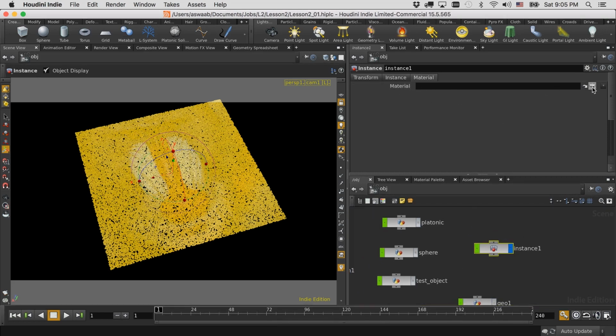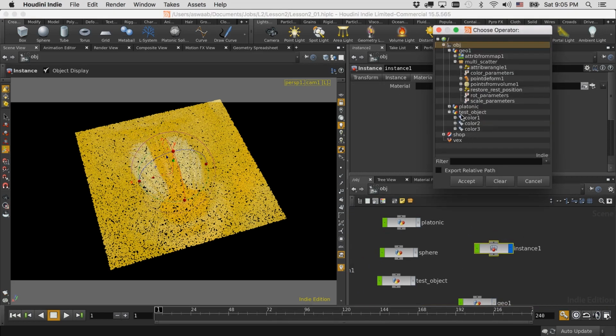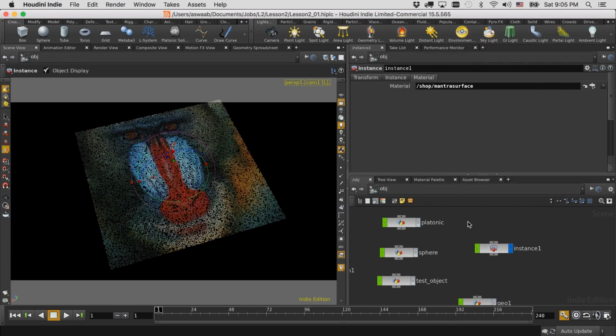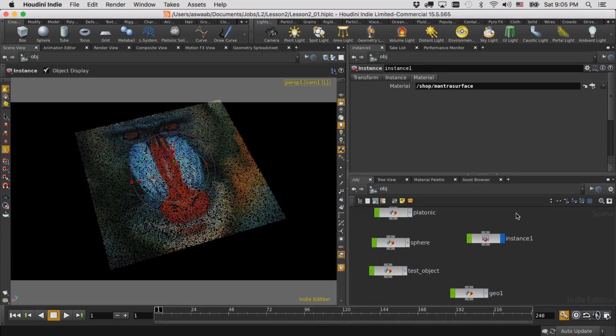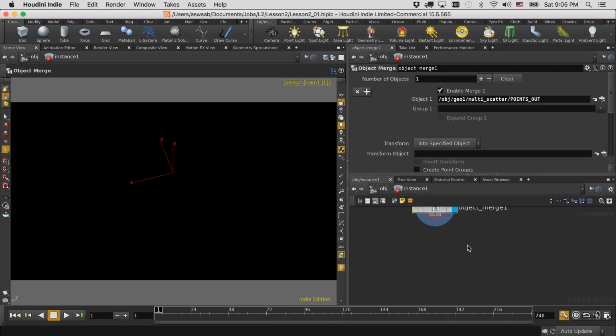I am just going to select that material. And we'll see if it works this way or if I need to apply the materials here instead. We'll find out in a quick second. Oh, you know what? Actually, we don't need to do it this way at all. We're supposed to be doing it in here. All right, that's better. So we merge this in here, and actually what I want to do now is press